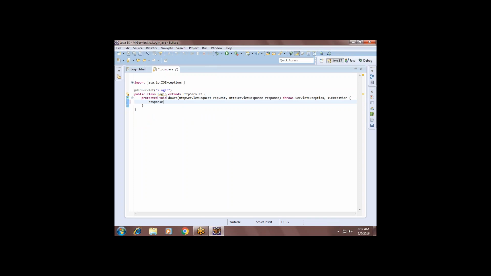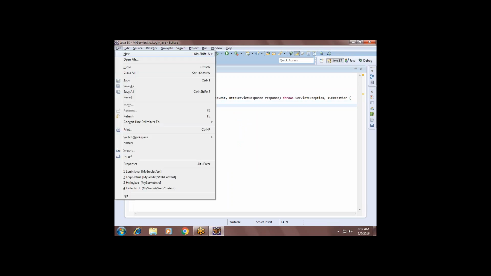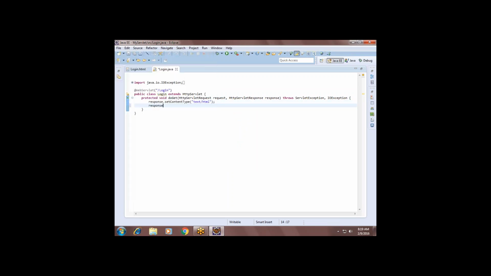First, as usual, we have to call response.setContentType, normal text or HTML. Then PrintWriter out equals response.getWriter.